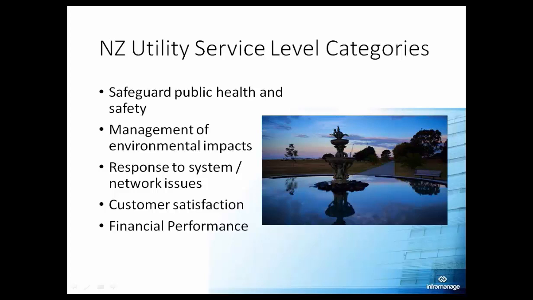And then from there, as you get more comfortable with the concept of level of service, you want to build in a process to get communication back from your customers and see what they think about either an individual project or your overall utility. But don't wait while you're trying to design a really good process to get information. Go ahead and start with some levels of service, especially those first two, public health and safety and environmental impacts. And then at least start with what you think the customer service or financial performance should be, and then adjust them as you get more input from your customers. But don't let it be a reason to not start level of service.